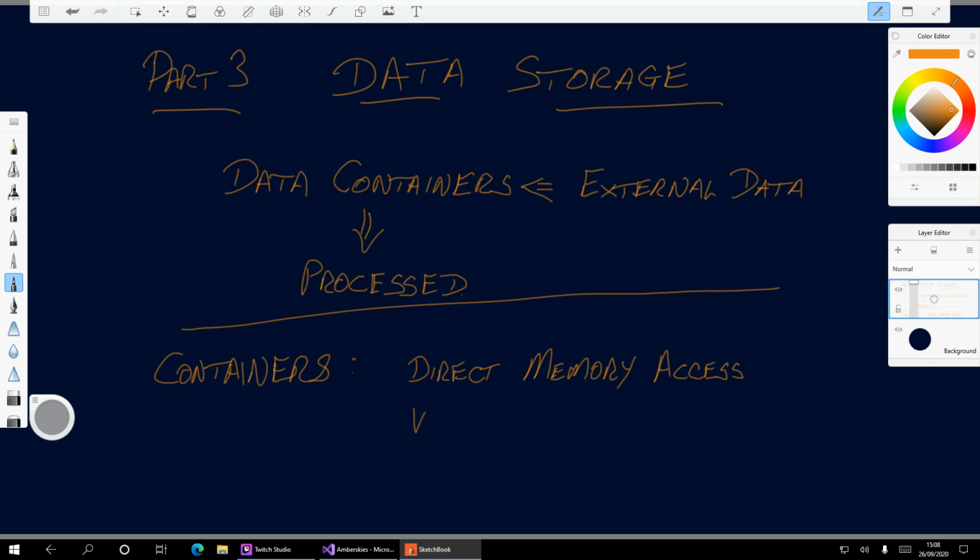There's variables. I would say most languages have variables and arrays. And yeah, that's it.